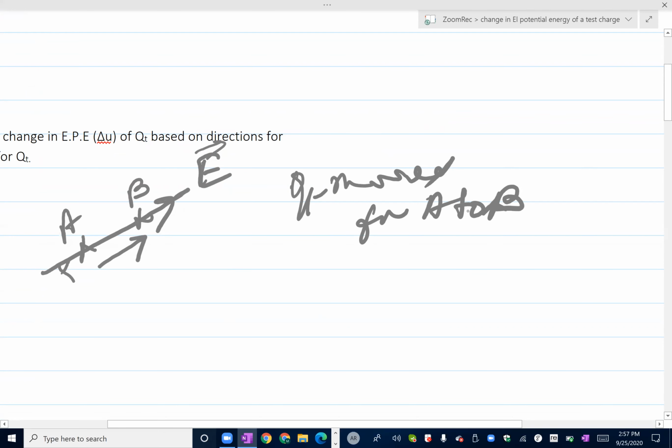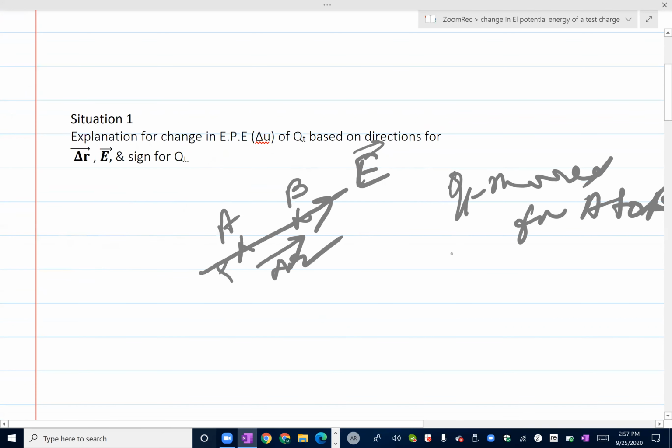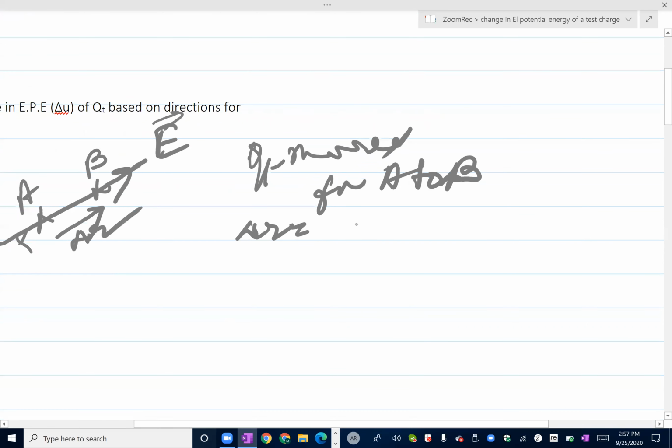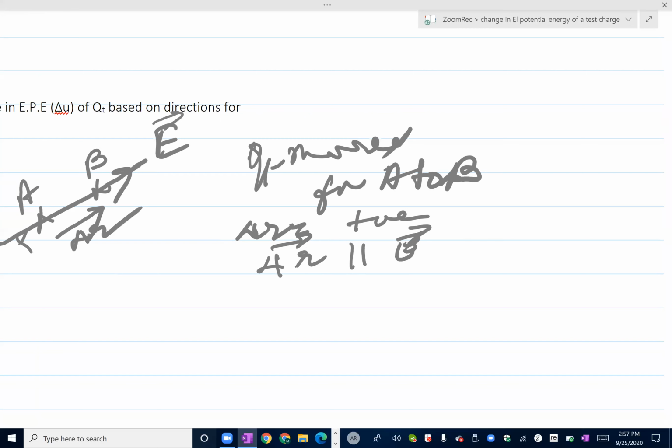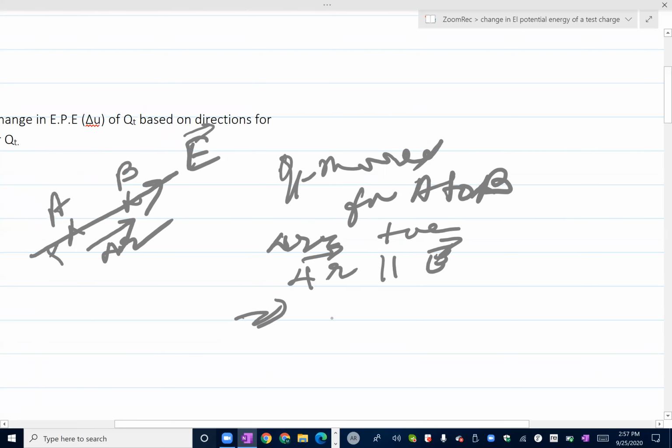What does it imply? This is nothing but the delta R. The delta R is positive, and that also means that delta R is parallel to E. This is what is important when no source charge is given. So more than taking E positive or negative, you have to analyze whether this delta R vector is parallel to the E vector or anti-parallel. Whenever a test charge is carried parallel to the E vector, the electric field is along the contour of a falling potential. Therefore E dot delta R, and the minus of that only will be delta V. Delta V will be negative, which means it is going through a falling potential.